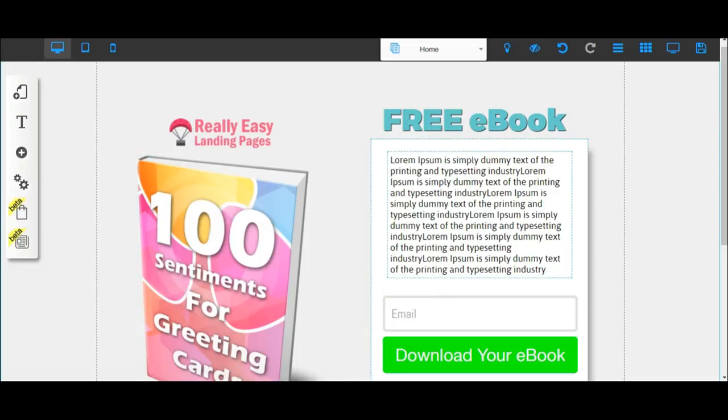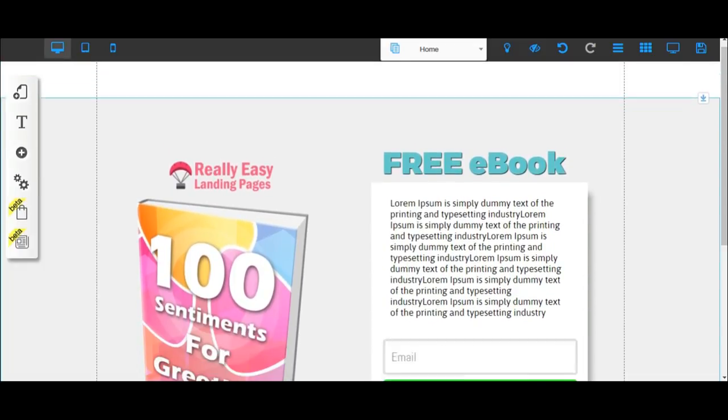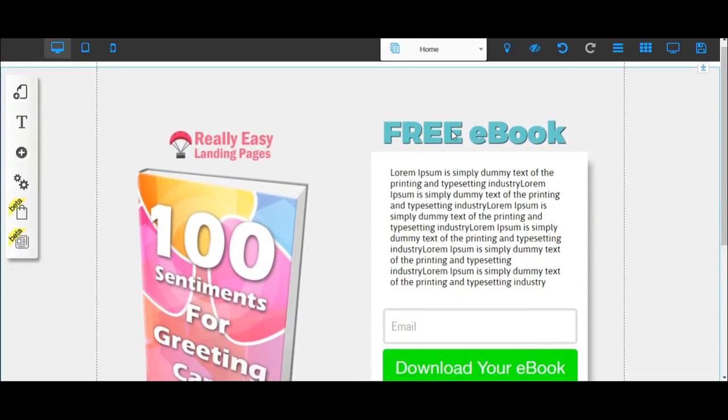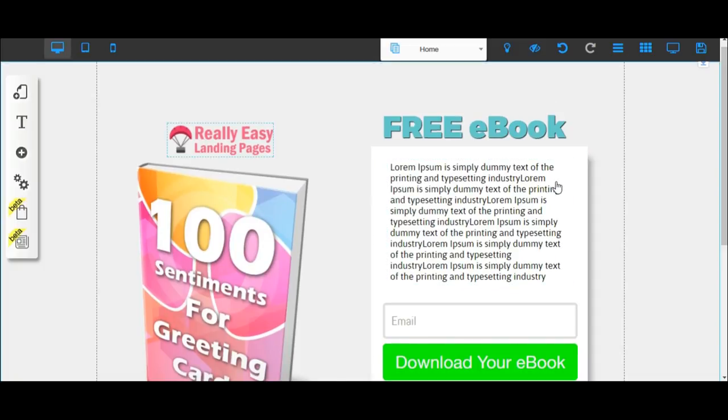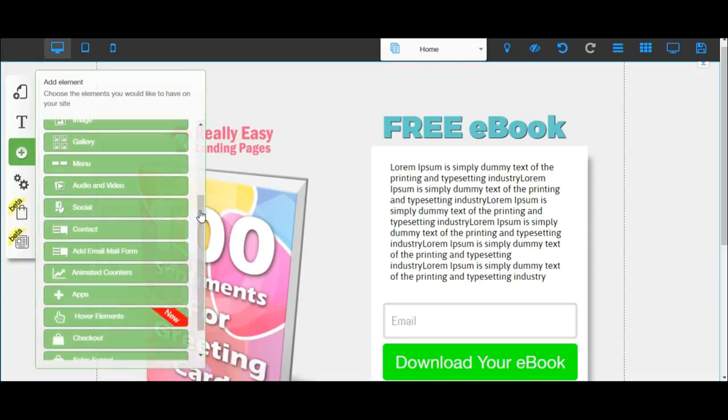We've set this up, as you know, on a banner. And one of the benefits of doing that is that all these elements now are fixed to the banner. So if I click on the banner background and I move it, you'll see that everything moves with it. So we're setting up a simple opt-in that people give their email address, and we're going to give them a download. So something that we can do is to add some urgency to this. We can add a timer that says you must sign up within the next 10 minutes, otherwise the offer goes away. So if we click on the add button here,